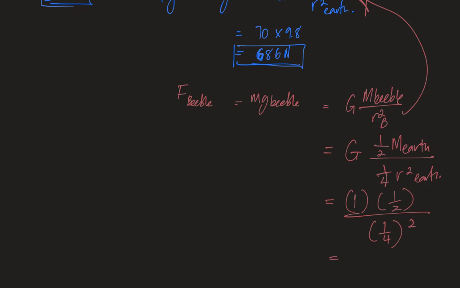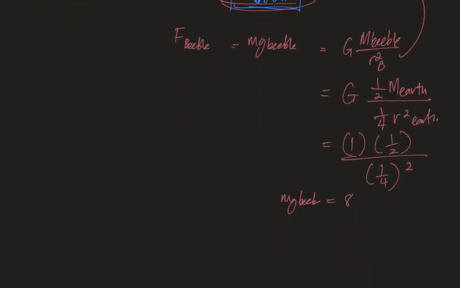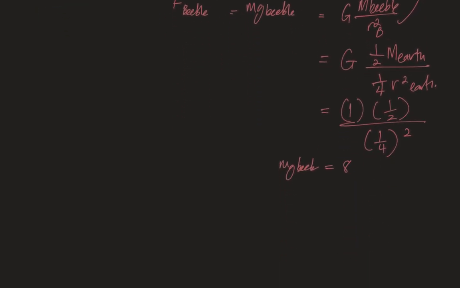And that's going to give me my mg of Beeble equal to 8. So if I look at this little bit over here, I work that out at 686. So I've got 8 times the force on Earth, and my force on Earth was 686, and 8 times 686